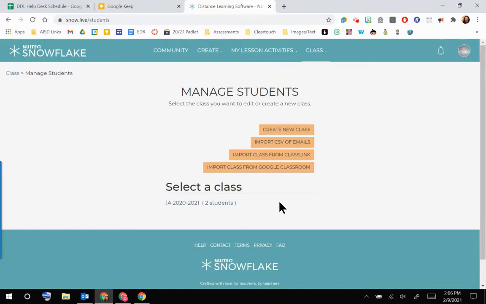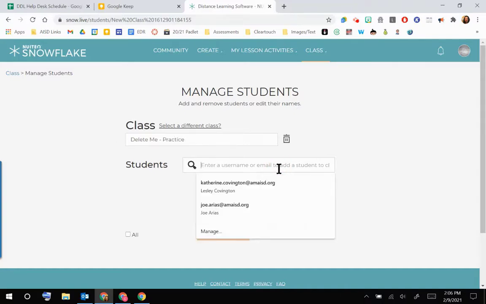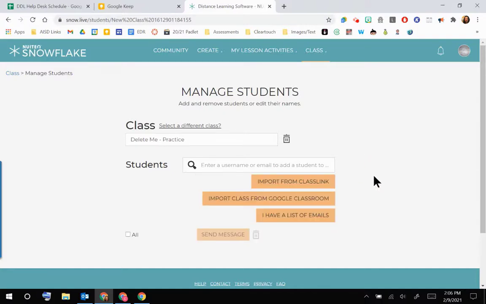So to create a new class, you would click on the Create New Class button. And you could give that class a name. I'm just going to name mine Delete Me Practice. And then here's where you would enter your students' usernames and their email addresses so that they can get added